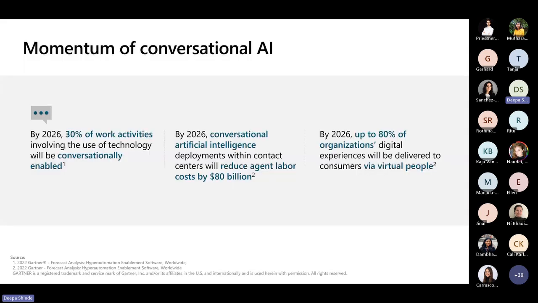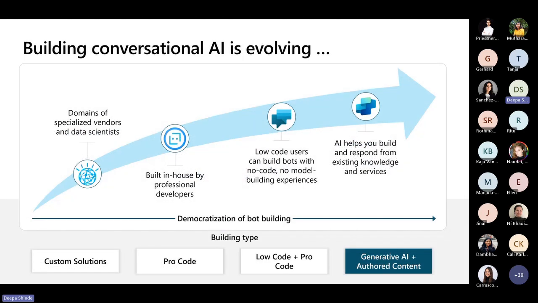Now going into conversational AI, I'm going to go through some of these slides very quickly because I really want to show you the Copilot Studio work on my setup, on my environment. So conversational AI is becoming important. As you see, 30% of work activities using technology would be conversational soon. It's even before 2026, based on the experience I'm having, and the rest of Microsoft is having, with customers in your industry, but also beyond your industry. The space is moving very, very fast.